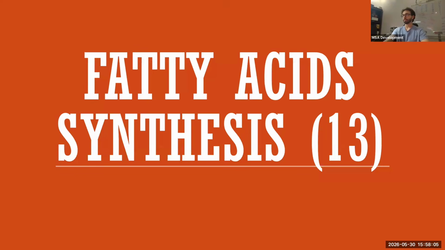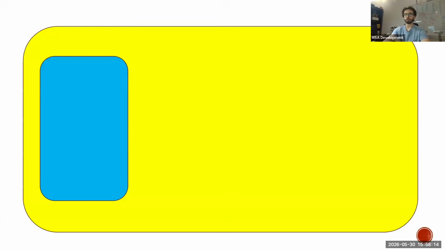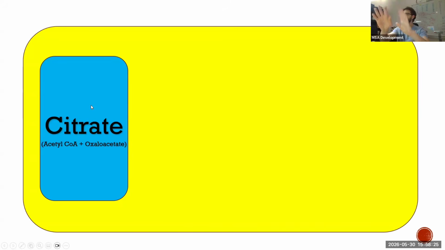We're going to start with the first lecture, which is fatty acid synthesis. All right? We all know fatty acids are basically molecules in the body, and we simply want to know how we create them in the first place. Here we have the mitochondria, and here we have the cytoplasm. In the mitochondria, we have citrate. It's always there in the mitochondria, and you guys probably remember it from the citric acid cycle. So citrate is actually a mix of acetyl-CoA and oxaloacetate.